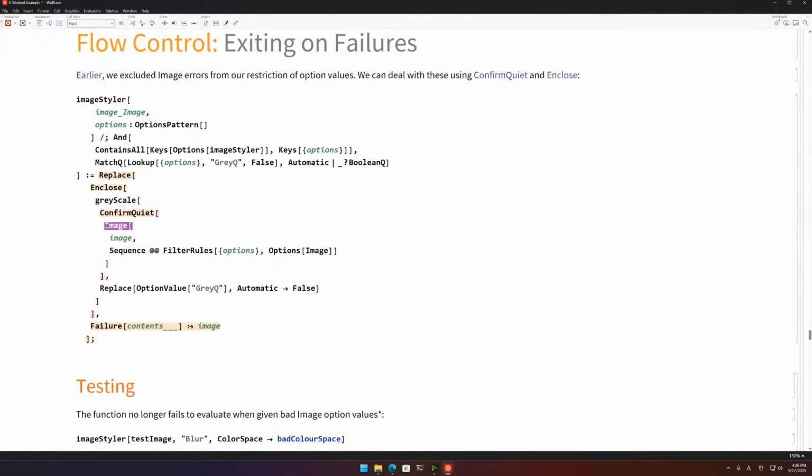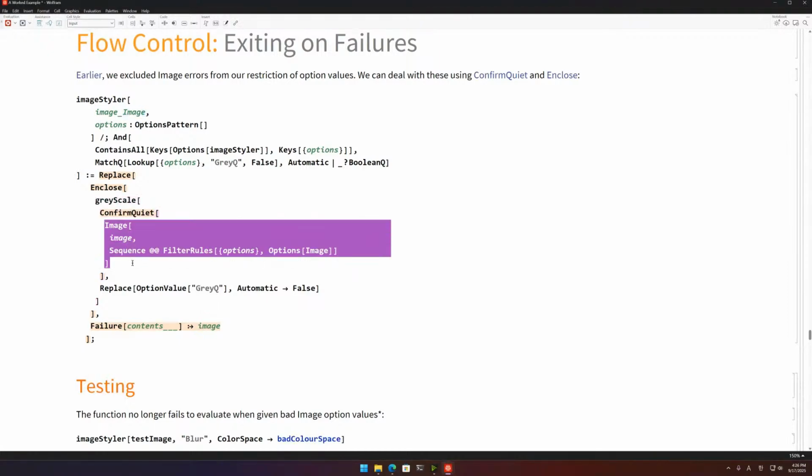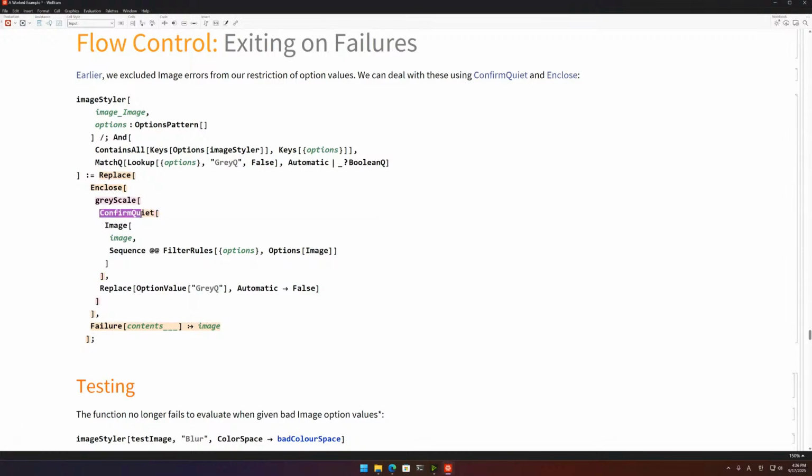When a message is produced from this piece of code, that message violates the ConfirmQuiet test, which immediately sends a message to Enclose saying stop the evaluation now and return something. So if we take it step by step, let's say we pass some option here